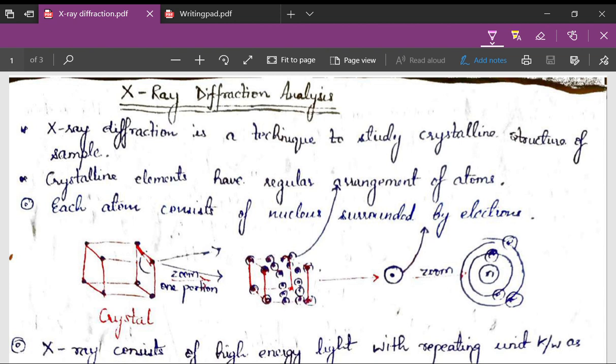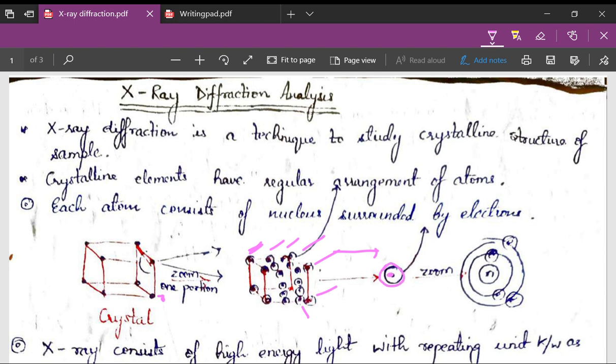The crystal has a regular arrangement of atoms, and as you see in this diagram, the crystals have an arrangement of patterns of atoms at regularly spaced points. So when we enlarge this, we see that this is an atom,